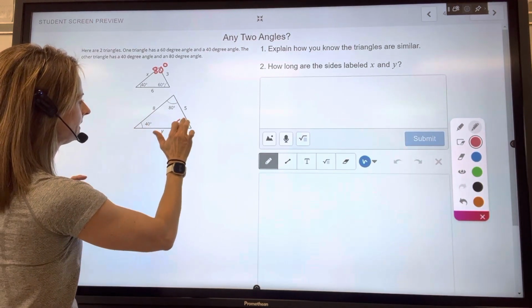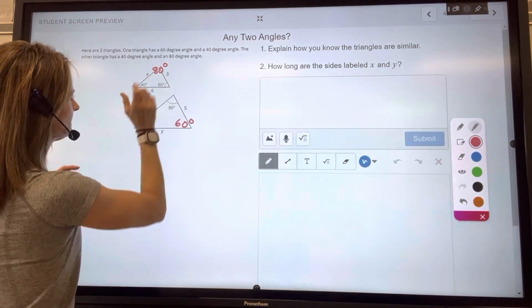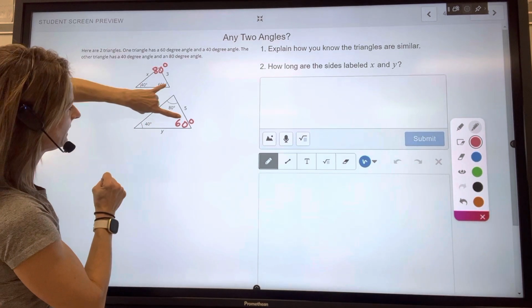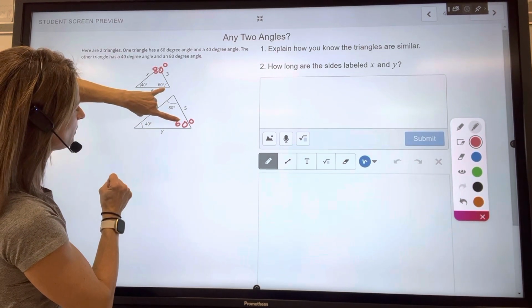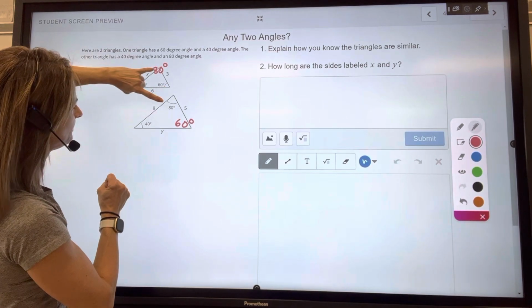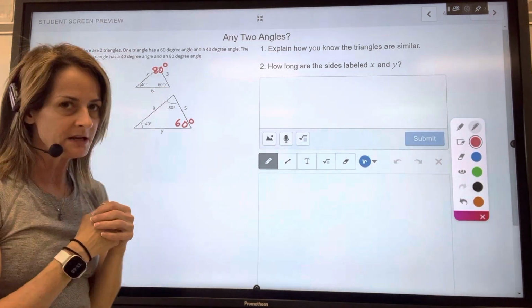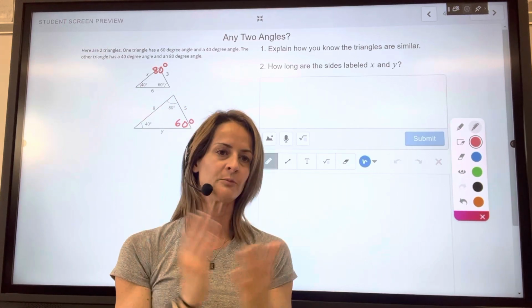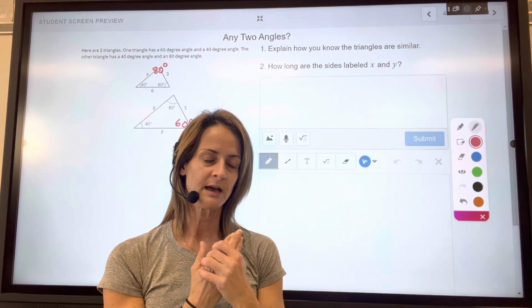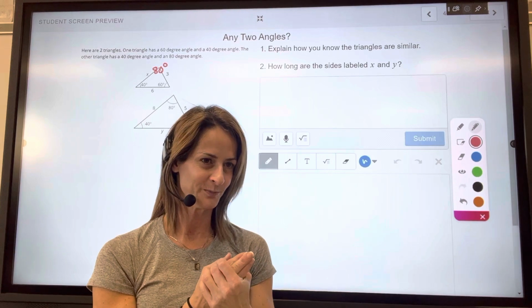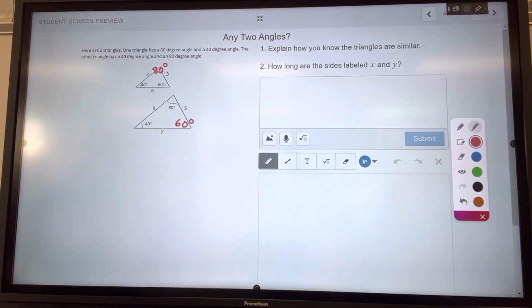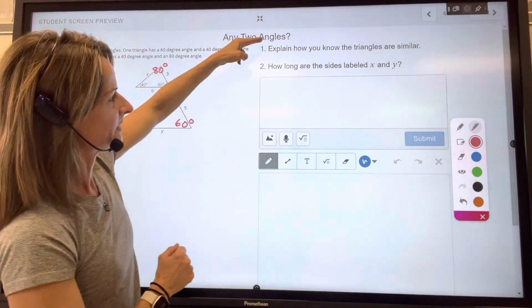60. Now we can see that we have one set of corresponding angles that's congruent, another pair of corresponding angles that are congruent, and a third pair, okay? We don't really need 3 pairs, right? We only need 2 pairs. Now we can prove the 2 triangles are similar by angle. So we've got that. Now that we know that they're similar by angle, explain how you know the triangles are